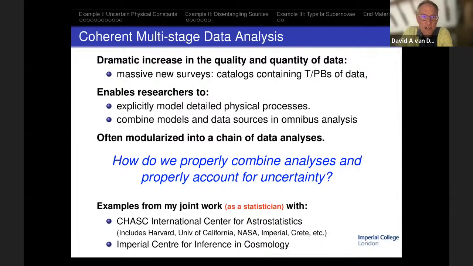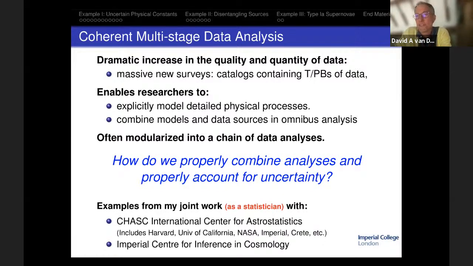What that often involves is combining models and data sources that are analyzed by different groups of researchers. So taking the output of one person or one group's research and using it as the input in a subsequent analysis or several subsequent analyses. In that context, the different groups of researchers might have access to different data and different models. They might make different assumptions. They might have different expertise. Some of them might have different levels of statistical sophistication, astrophysical sophistication, or they might not actually be astrophysicists at all,